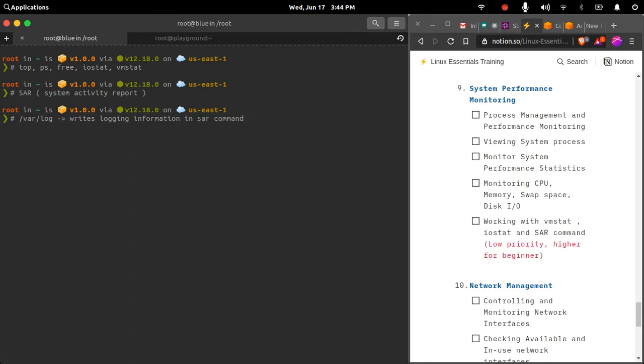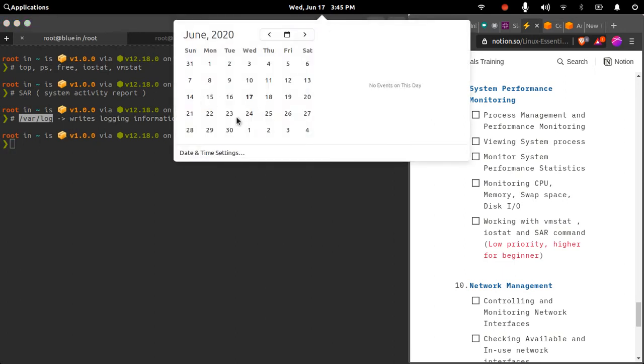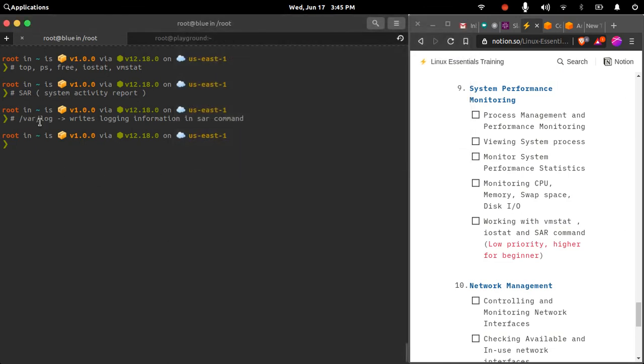So the SAR command will write all the monitoring information in your /var/log directory. There it will create files depending on the day of the month, so it follows the calendar. Depending on those files you will be able to see what the system performance was on which day, and it stores that information in your /var/log directory.